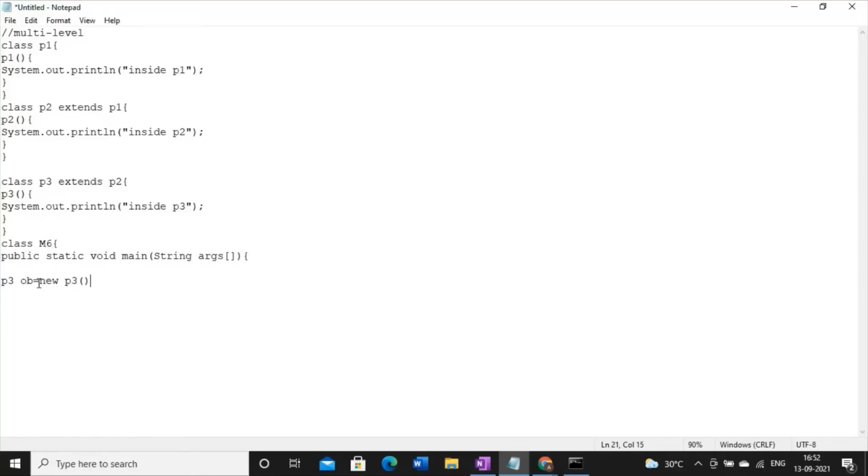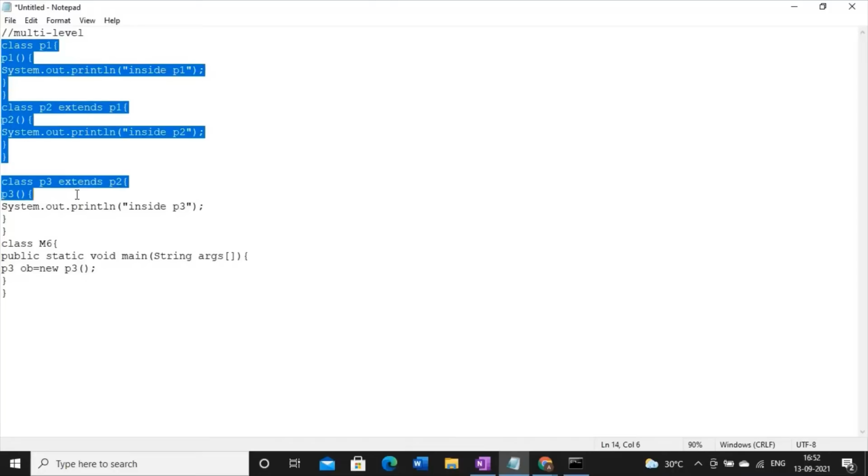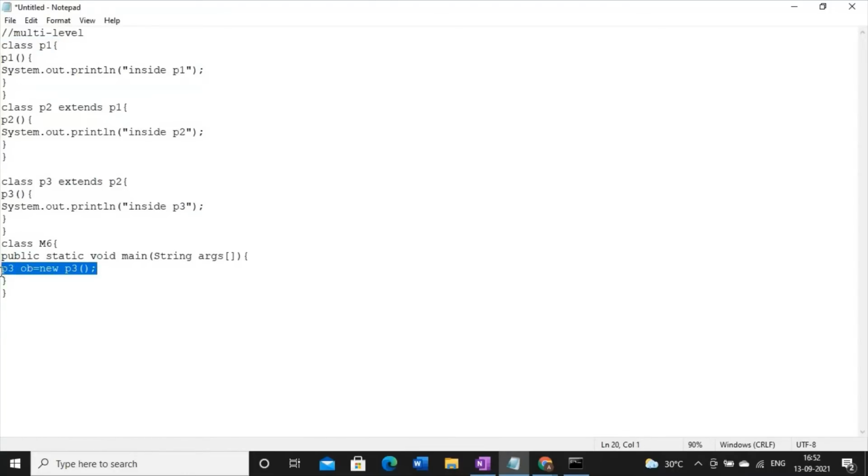So we know that since we have no method, how to call a constructor? Simple. A constructor will be called at the time of object creation. So in case of multi-level inheritance, it is enough if you create the object of the lowermost subclass.